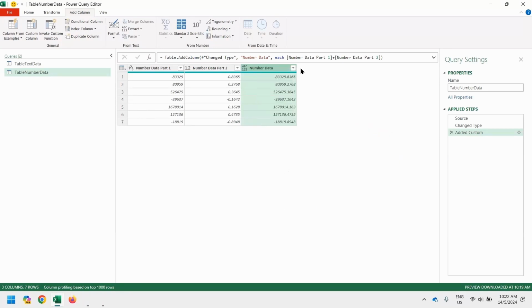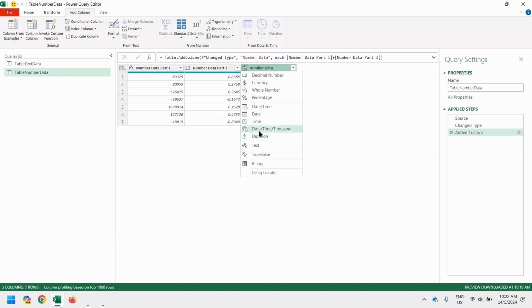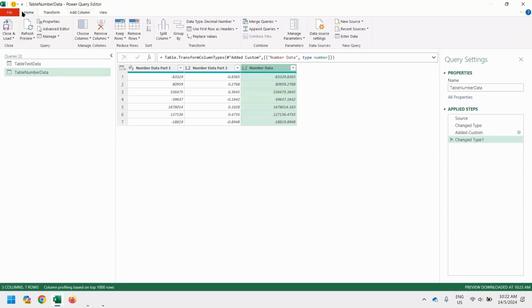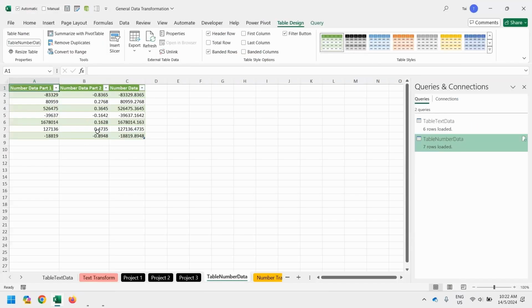So this first option. Second option, we can just click on ABC123. Normal click on ABC123. And you will see the same thing as well. So you can change to decimal. Go to home and then close and load. Okay, so this is a quick transformation of the number